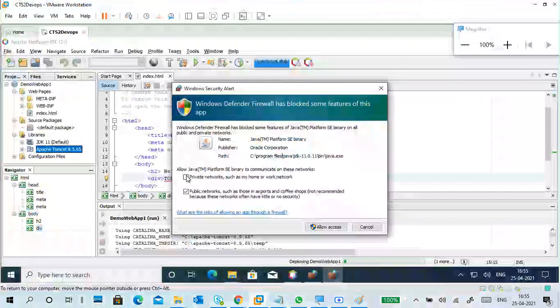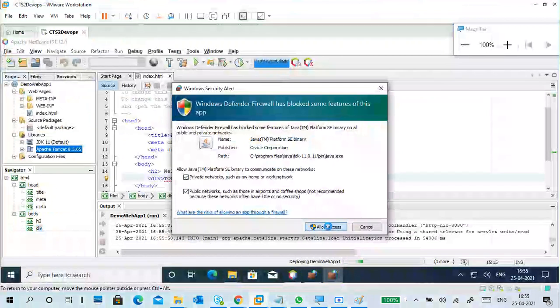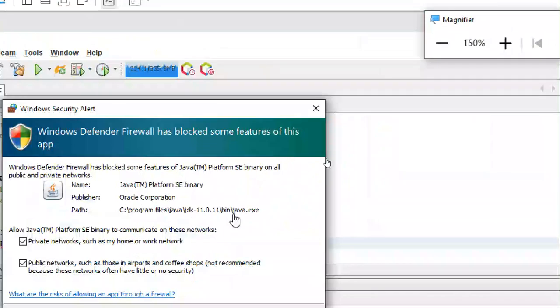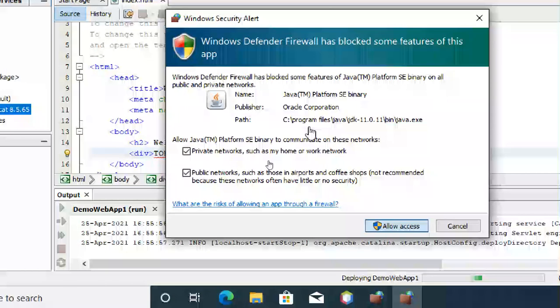Now again, see, why did two of them come? This is for Java. So one is for the Java application, another one is for your NetBeans.